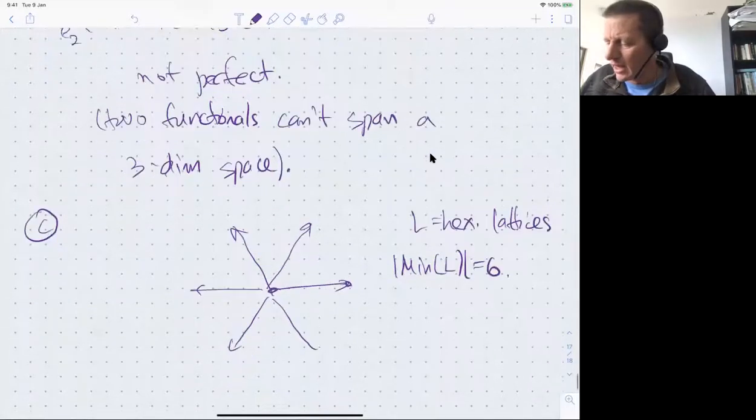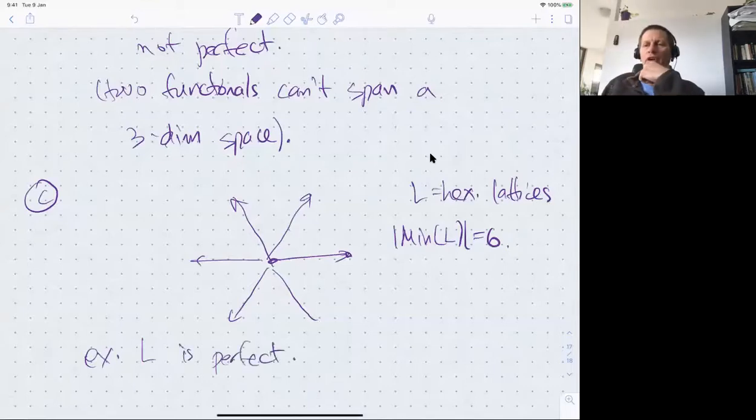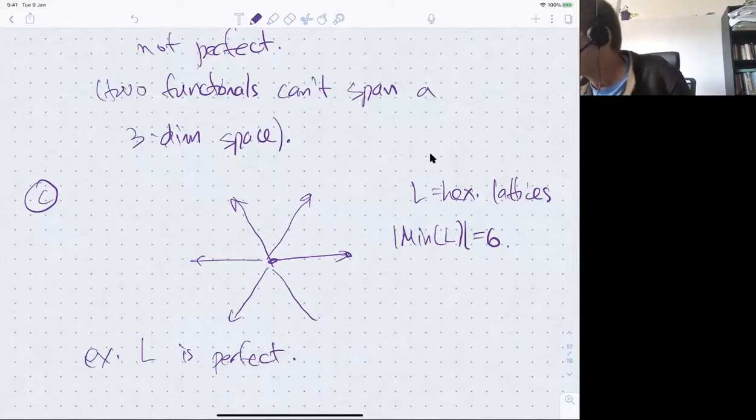And then part of the exercise, which is already on your exercise sheet, is that L is perfect. You can compute the linear functionals associated with these 3 minimizers, and you see that they are linearly independent in the space of linear functionals. So that's just giving you a taste of